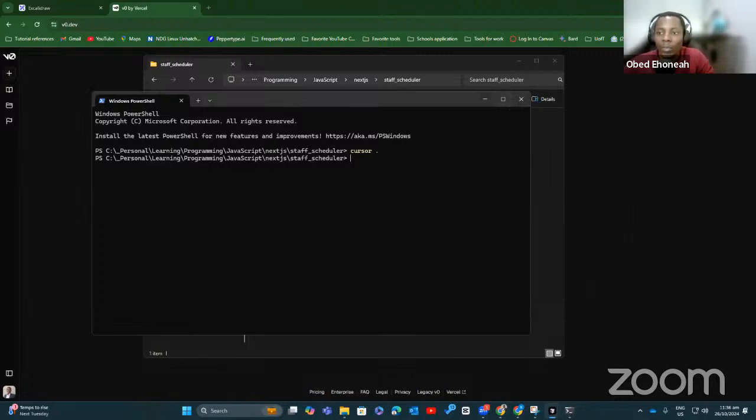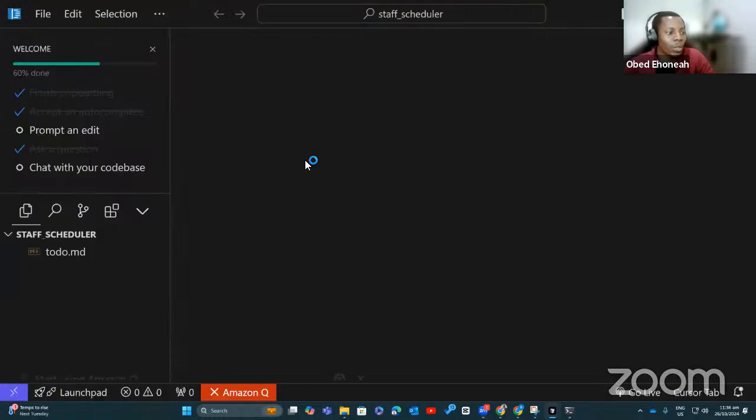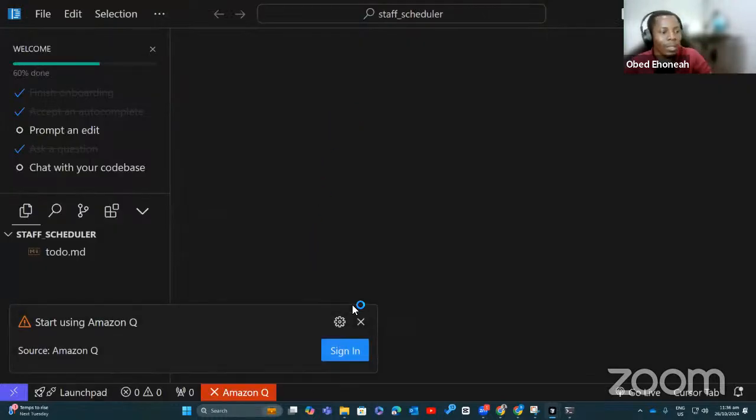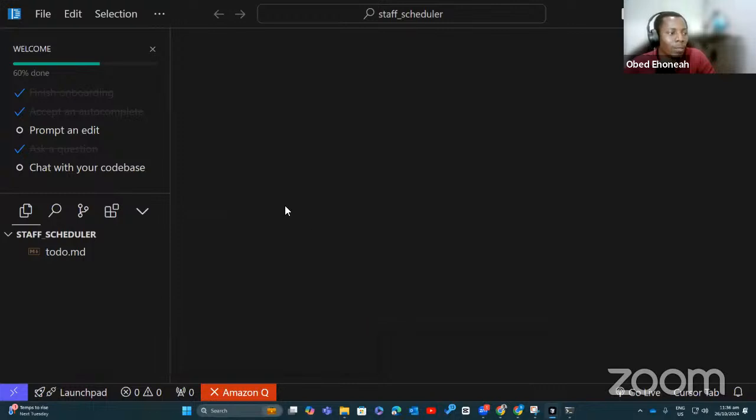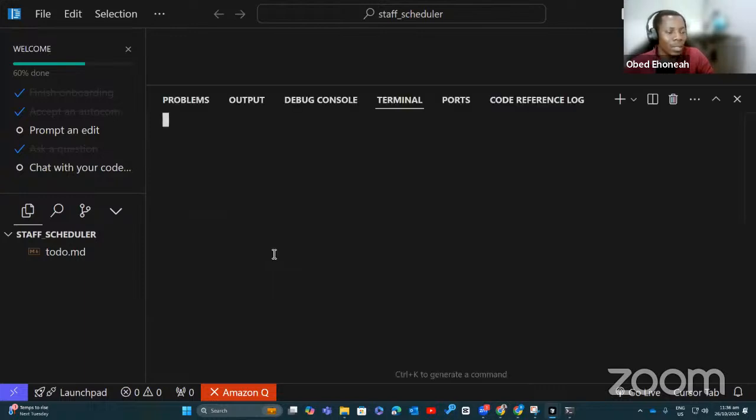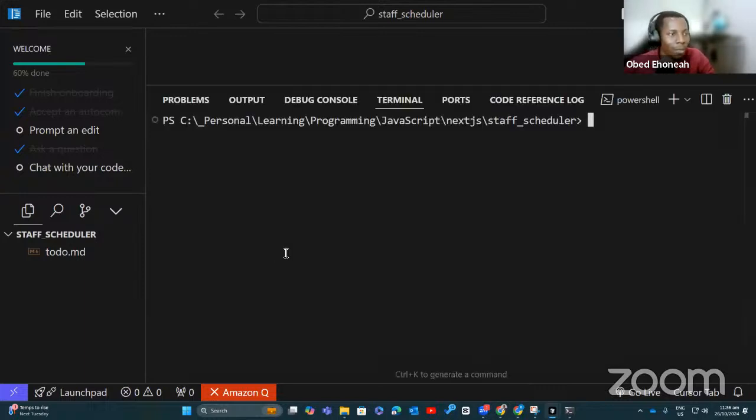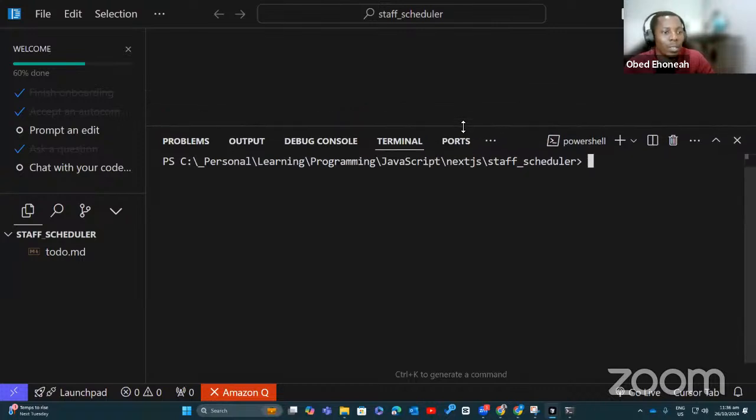Those of you who are familiar with VS Code have that shortcut, code dot, which opens the directory that you are in. Cursor allows you to also set that. You can use either code dot or cursor dot, depending on what you set when you are installing Cursor.